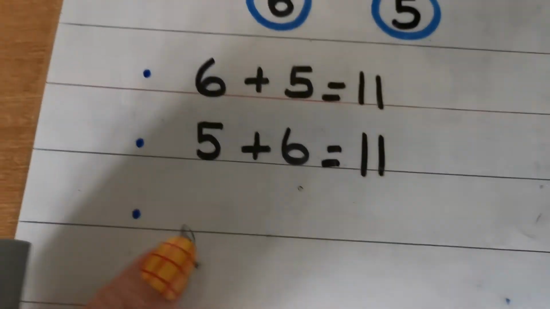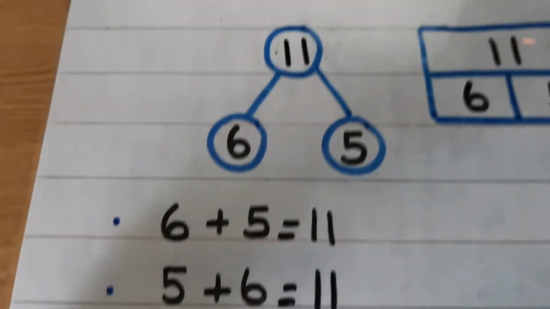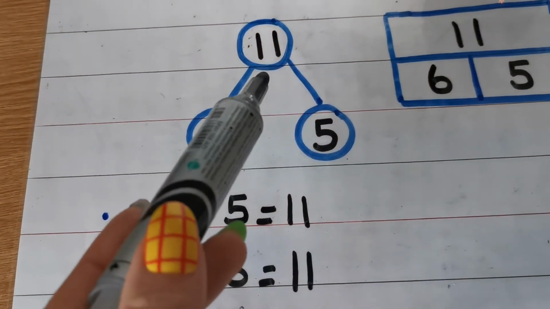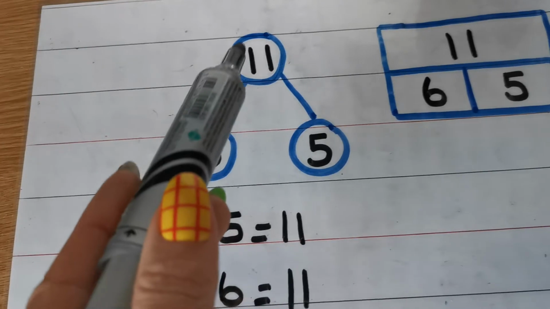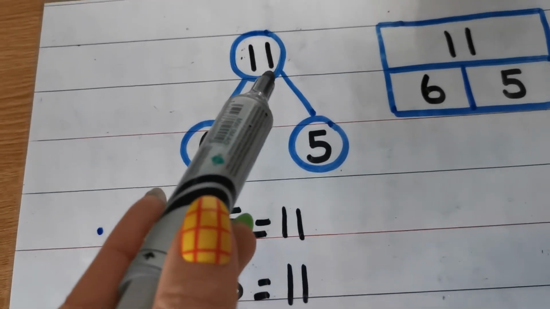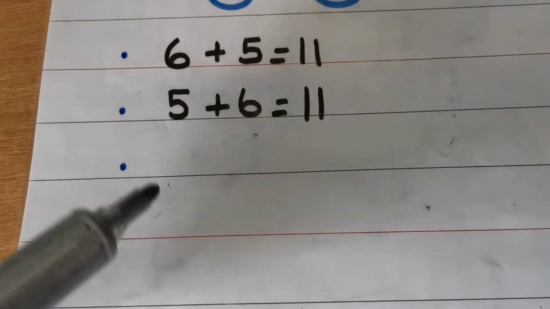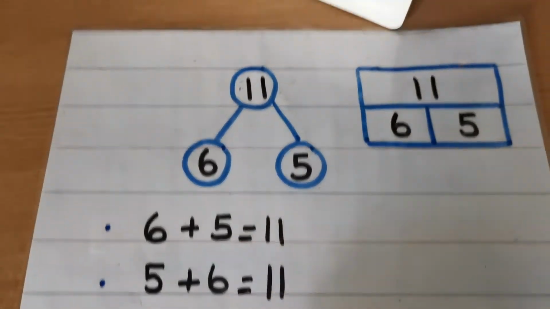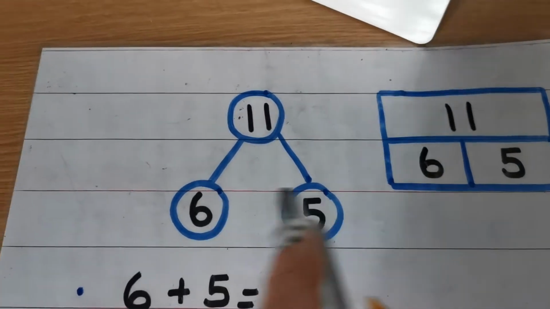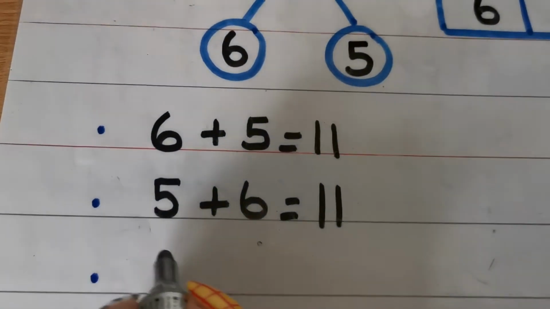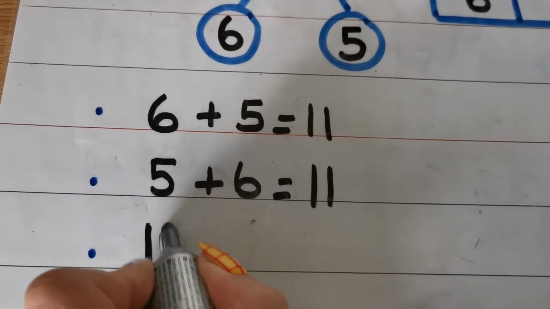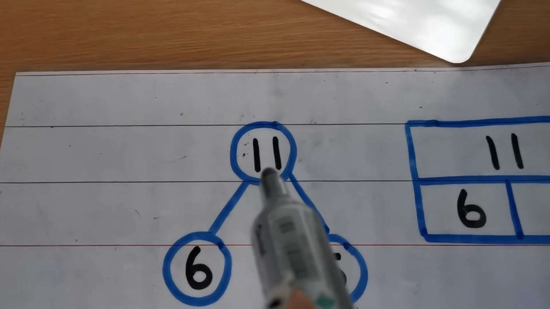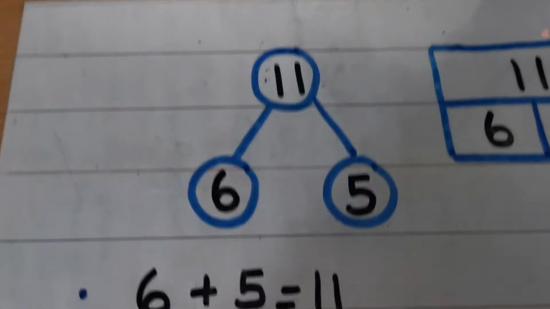Now remember, if you're doing your subtraction sentences, you can't start with any number except for the biggest, which is always the whole. So I've got to start both of my subtraction sentences for my fact family with 11. Okay, because that's the biggest number. I can't take any of those numbers away if I don't start with 11. I can't take 11 away from any of those numbers. So I'm going to start with 11. And which number shall I take away first? Well, I could take the 6 away. That's fine. So 11